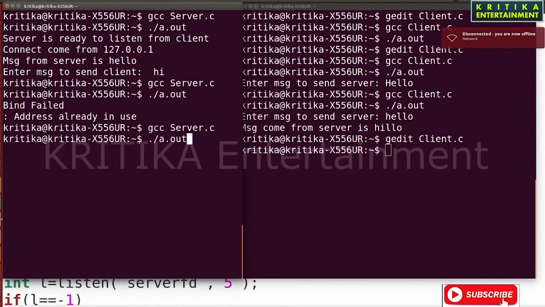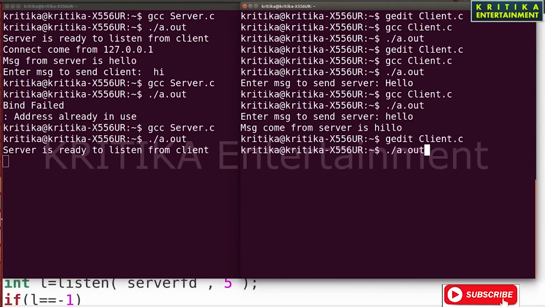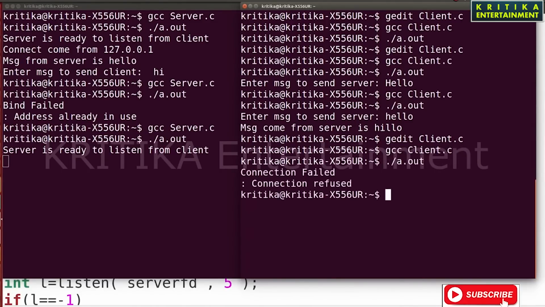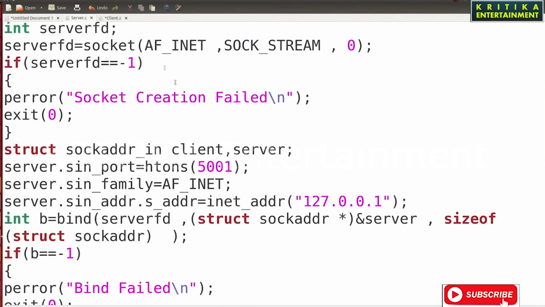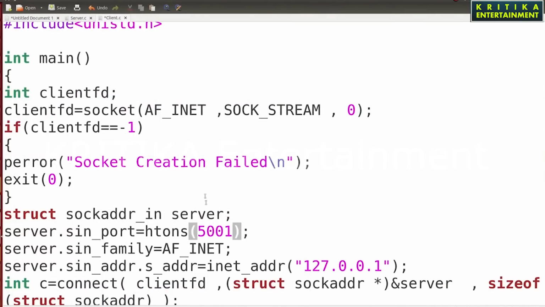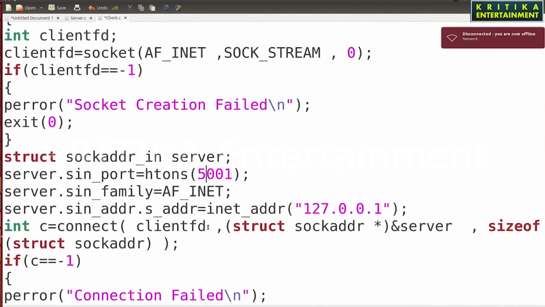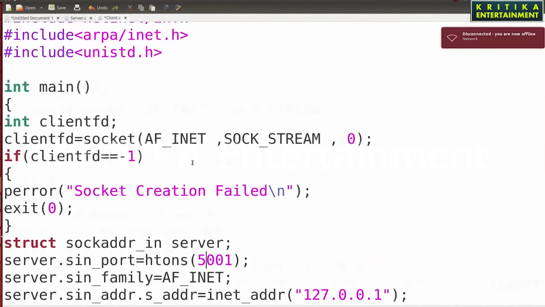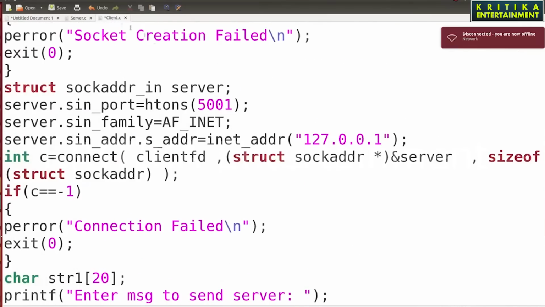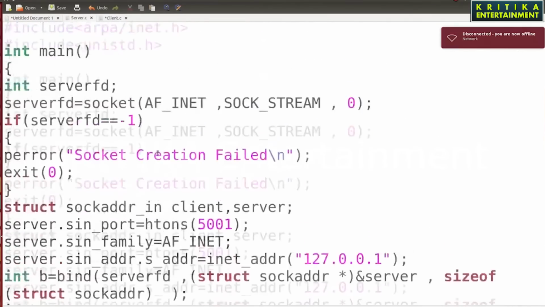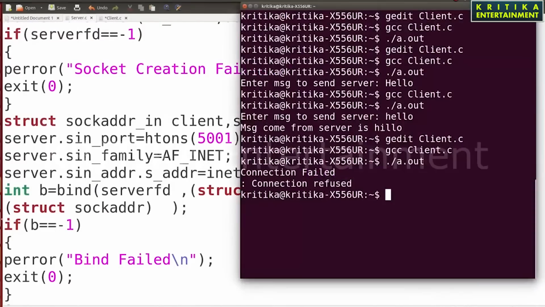Okay, then listen, here also the same thing. Then the connection failed. Why did this connection fail? And check it. The server side is 501, and the client side is also 501. Okay, it is also the same. Okay, then again I will run it.